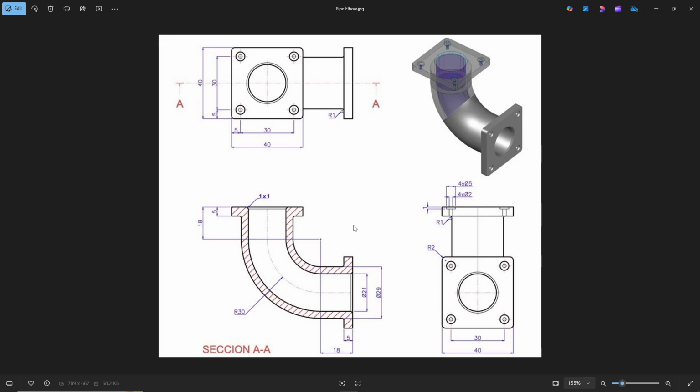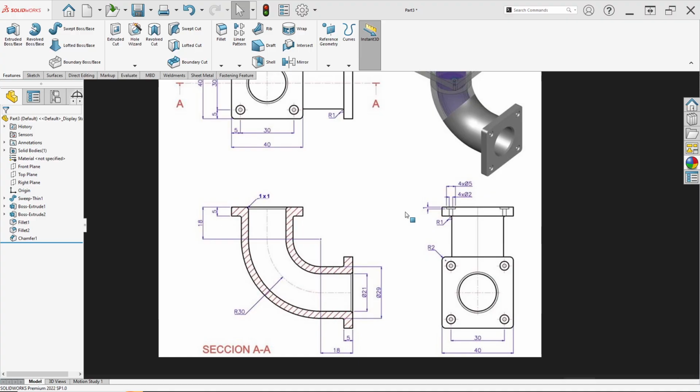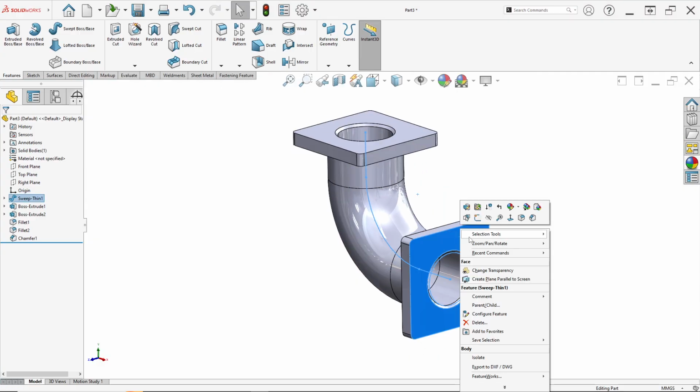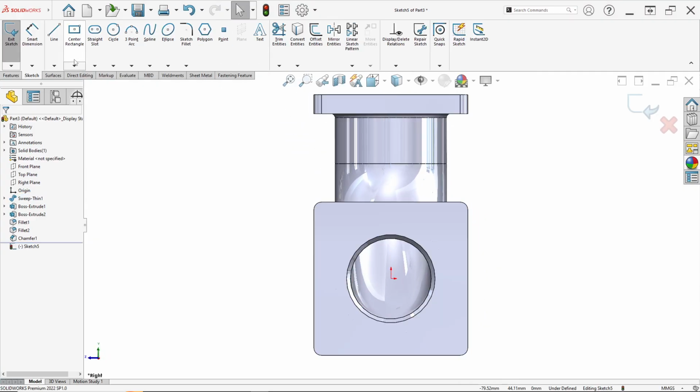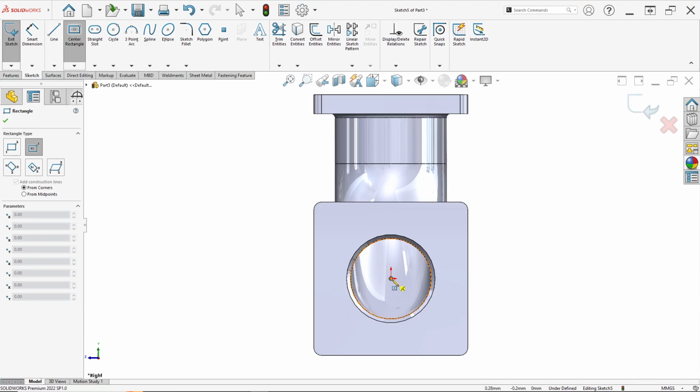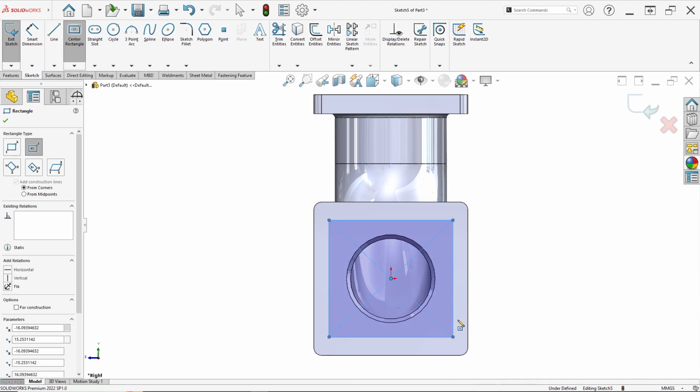And last, we can make the holes here. We can see this hole is a counterbore, like this. For the hole distance, it is 30 center to center, and from the center to this edge is 5 millimeter. So first right click on this face and click sketch. Draw center rectangle again from there.